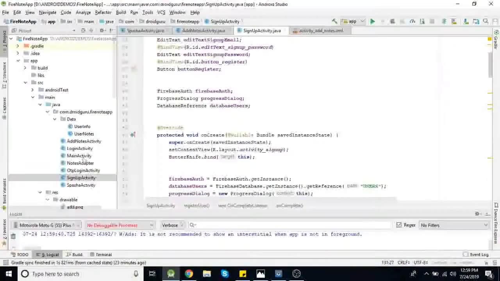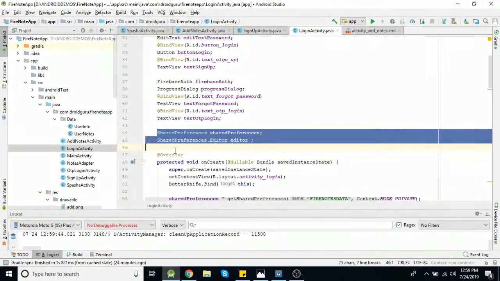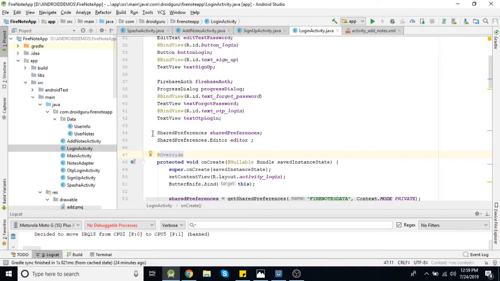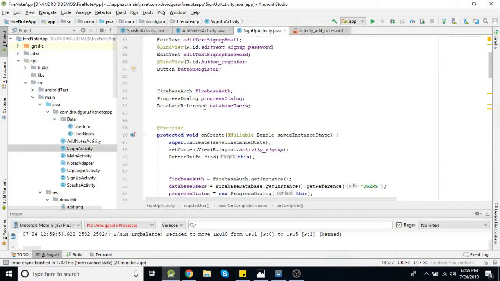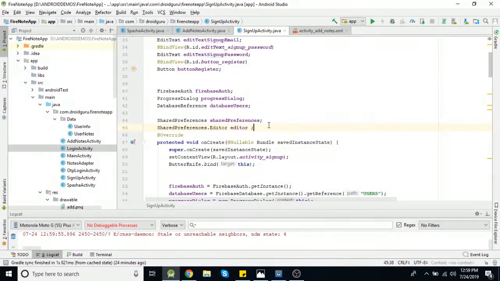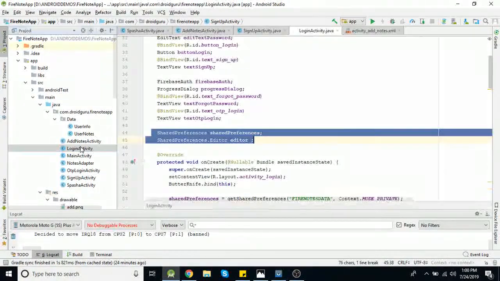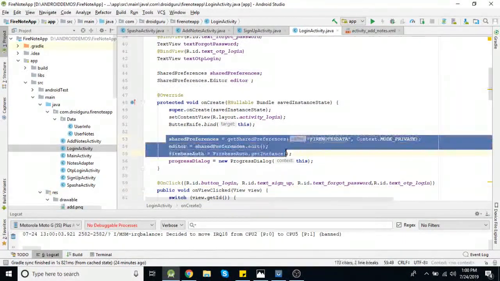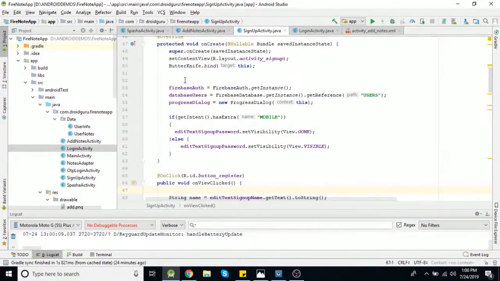For this we need our shared preference objects, so I'm copying those objects. Okay, now we need to initialize them.